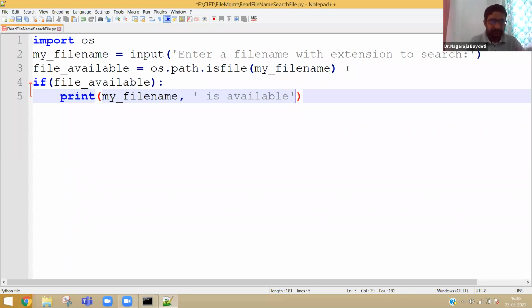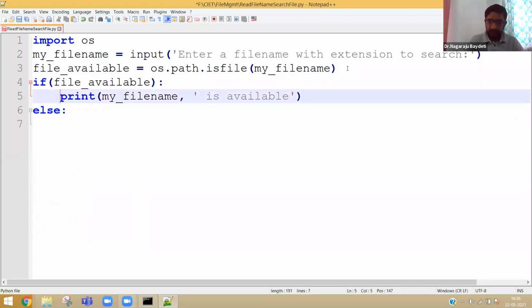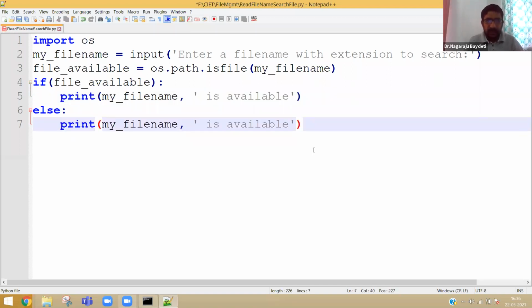Otherwise, my file name is not available.